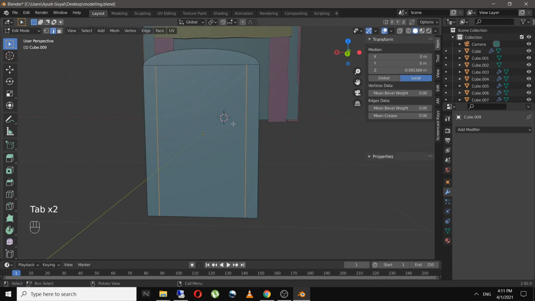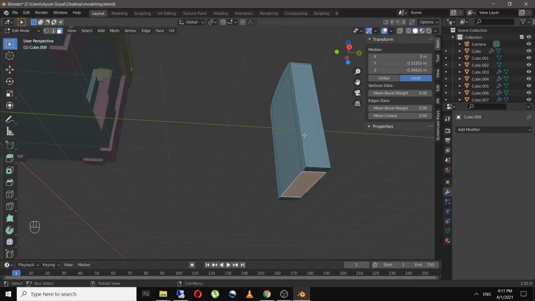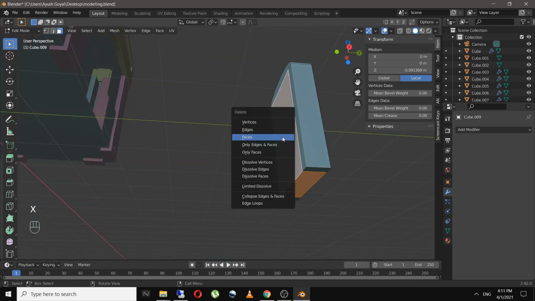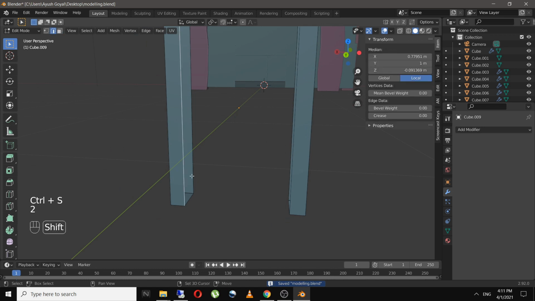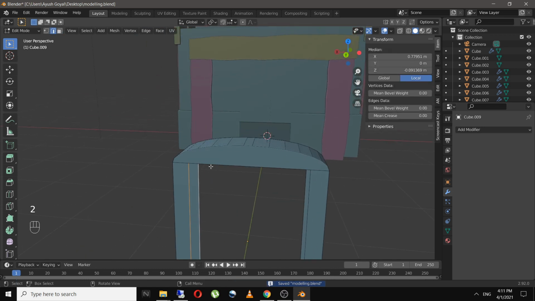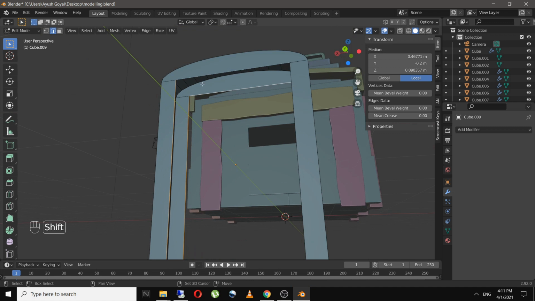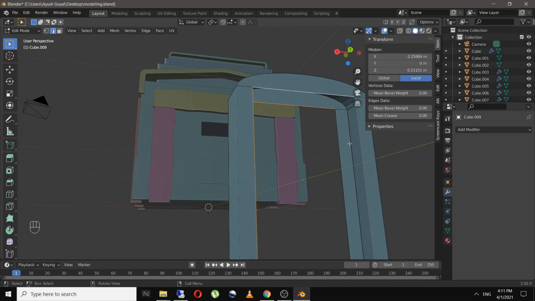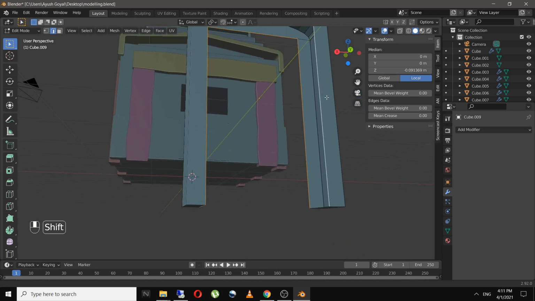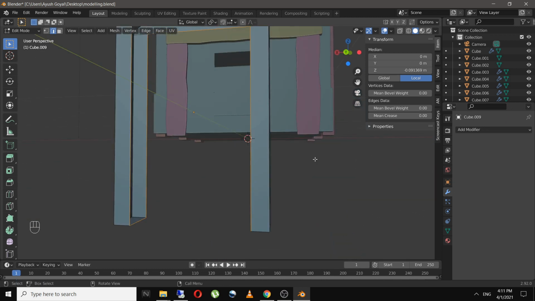and in face mode I will select these three faces and I will join the remaining thing. So I will select this, select this, select this. So this will add in the complete faces like this, which we don't want.